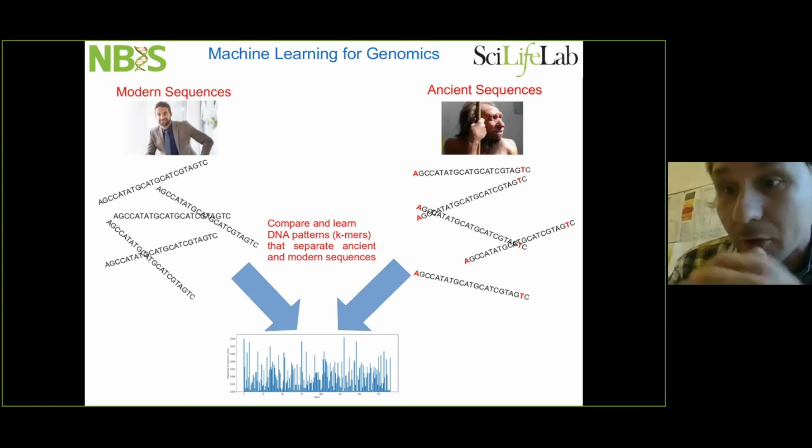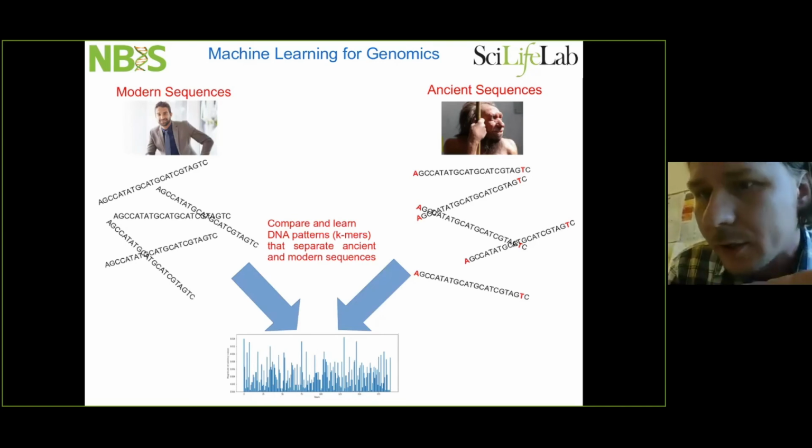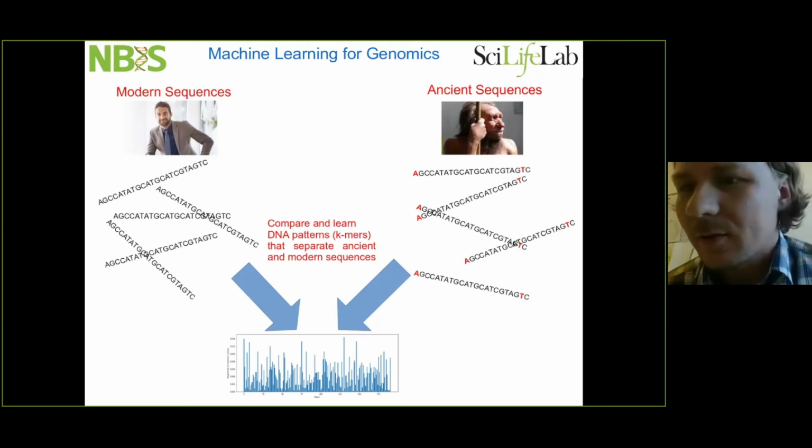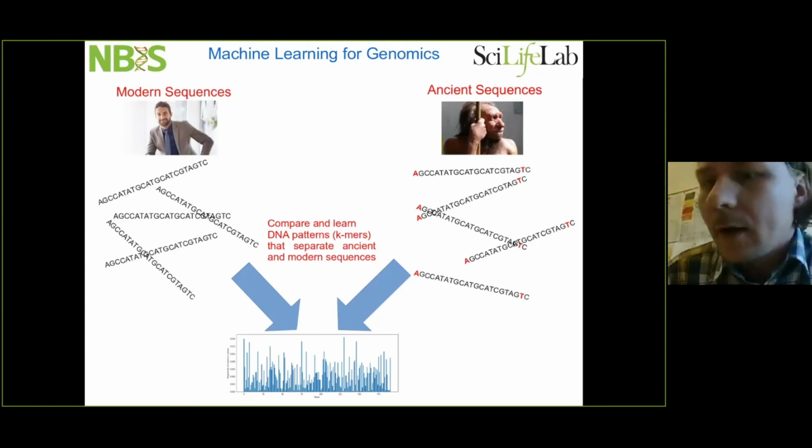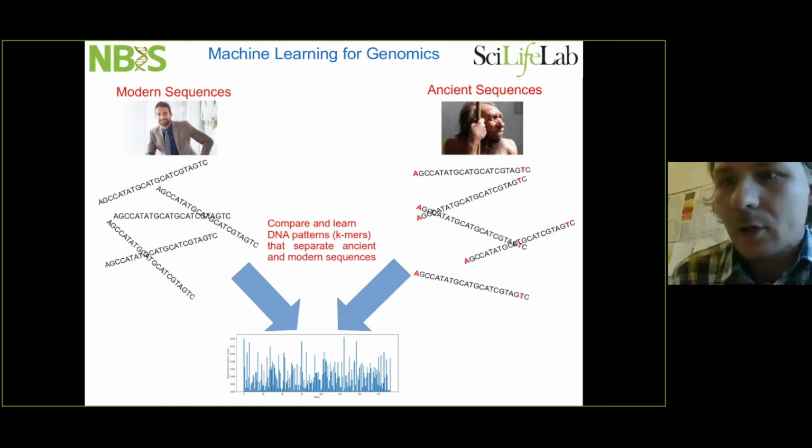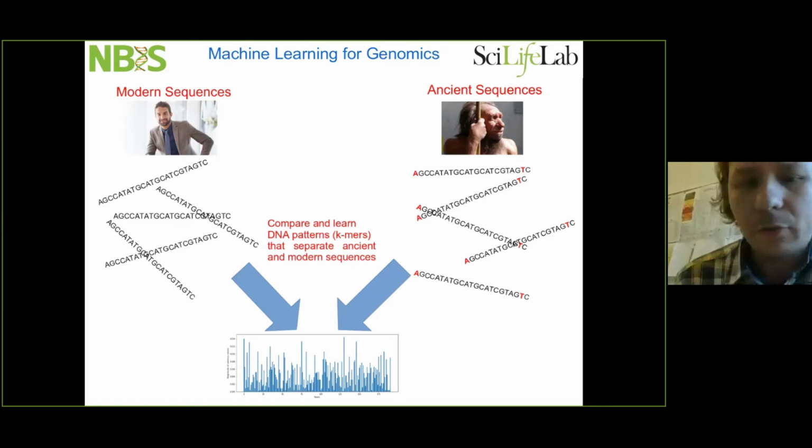ancient and modern sequences, because that's a very big problem in ancient DNA research, the problem of contamination. They want to sequence Neanderthals, but modern humans drop their DNA in the sample, and we don't want to sequence modern DNA. We want to separate ancient and human reads. In the same way, you can detect functional regions in the genome by providing sequences from functional and non-functional regions, for example, and doing this classification.